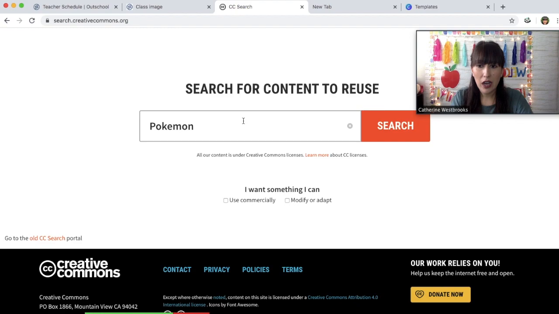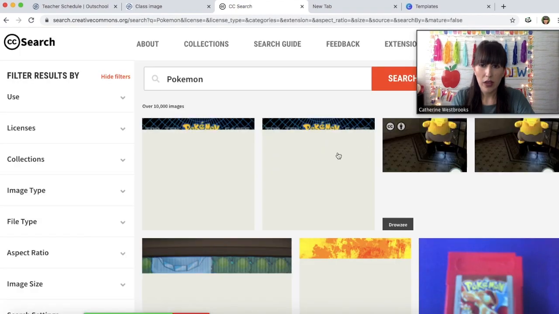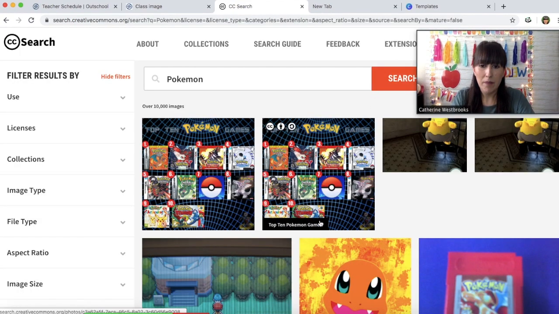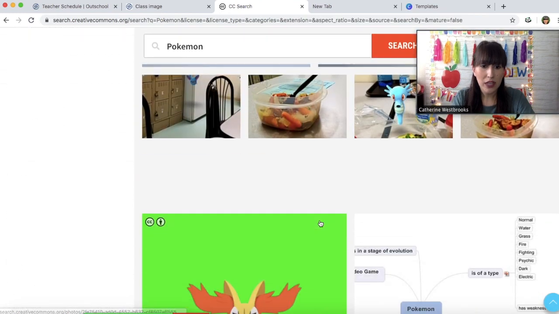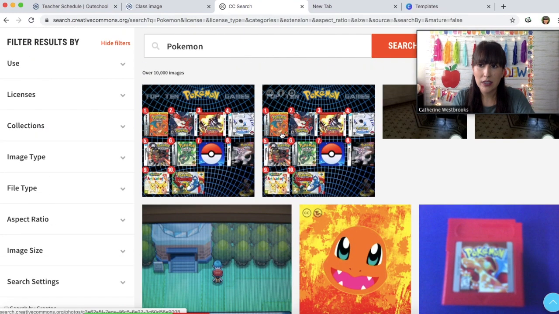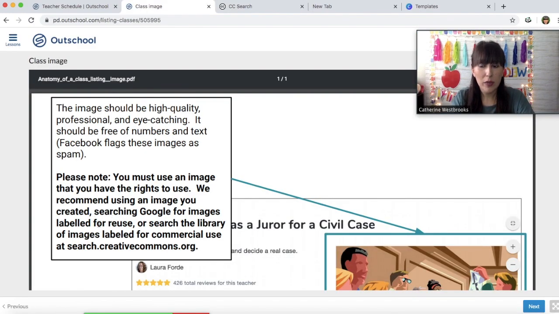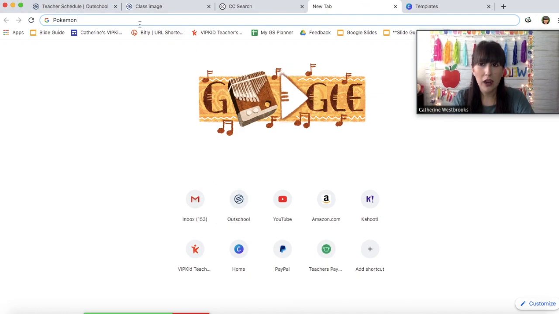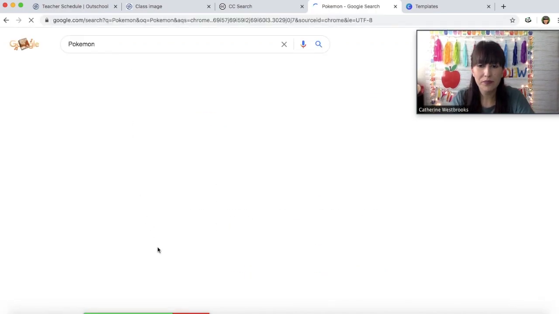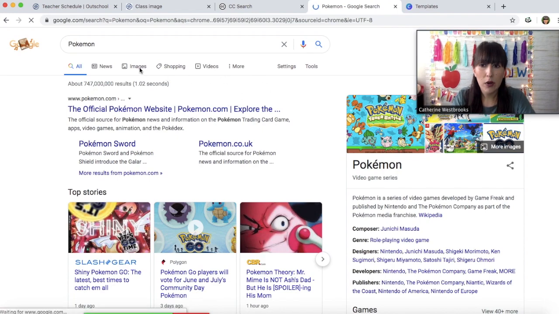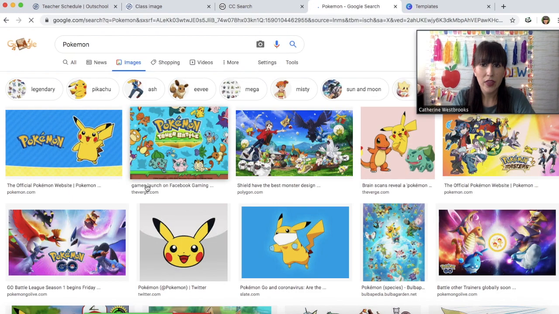So say right here, I wanted to search Pokemon. Okay, I'm going to search, and according to Outschool, you can use any of these images in your class because they are free for reuse. Another option is to search Google for images that are labeled for reuse, and I'm going to show you how to do that. So here's Google right here, and I'm going to search Pokemon. Okay, I'm going to go over to Images. I'm going to click on Tools.